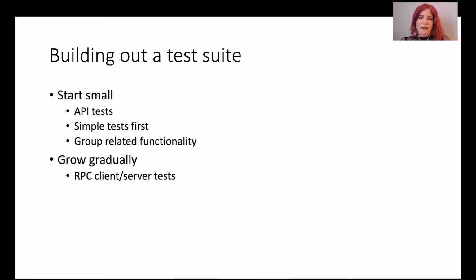So the next thing you need to do is actually build out your test suite. And because you're going to be new with this, start small. Start with your basic low-level API tests, things that are going to be simple to test. Start with things that aren't going to have unusual dependencies. And if you're testing something like a network file system, this matters because one of the unusual dependencies you will have is a network. So we have API tests that test everything from very simple low-level operations like manipulating timestamps